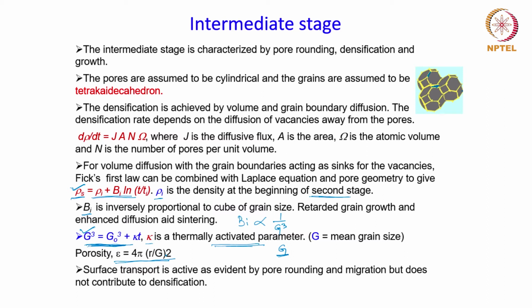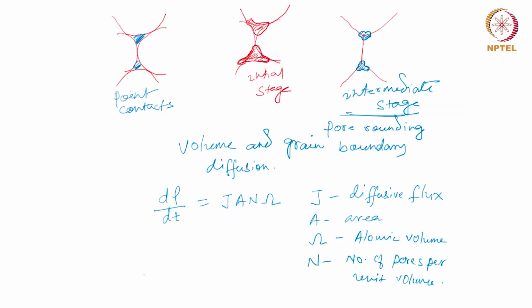Right, where G is the grain size and R is the radius of the pores. And the occurrence of the pore rounding in the intermediate stage is an indication of the surface transport mechanism of mass flow to be active. And as I said, grain boundary diffusion is one of the main mechanisms of densification in the intermediate stage, and therefore the pores which are located on the grain boundaries